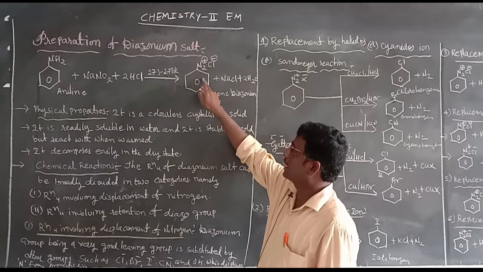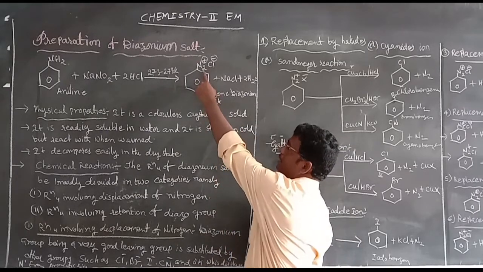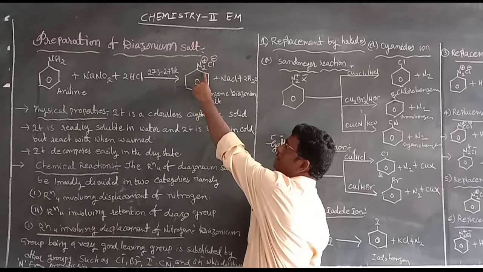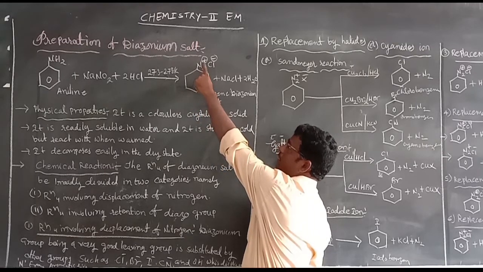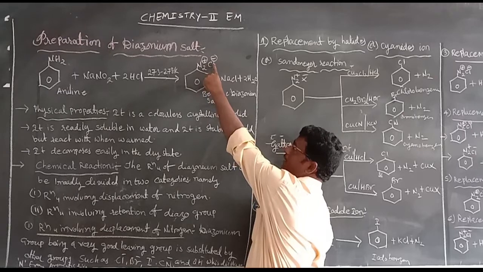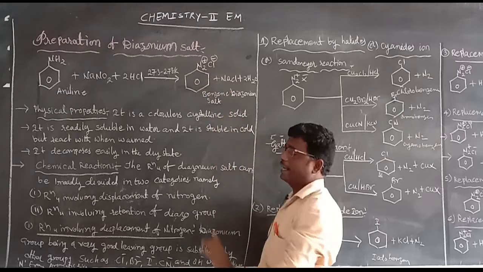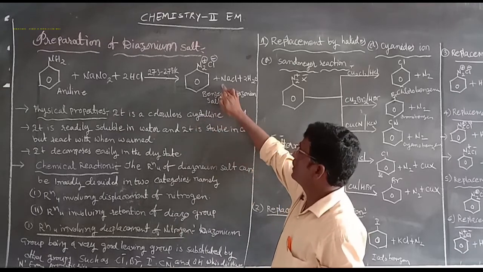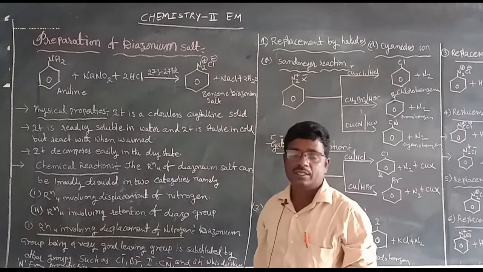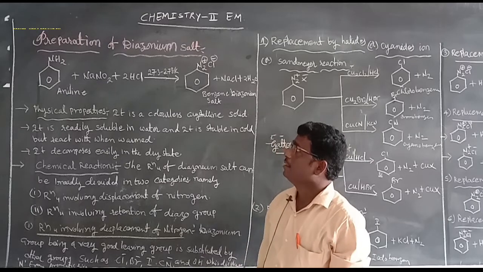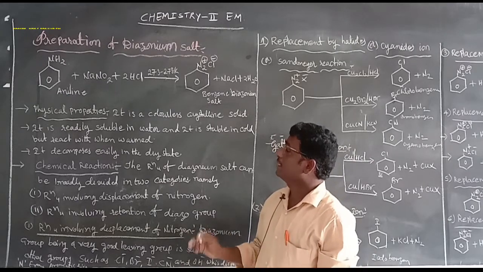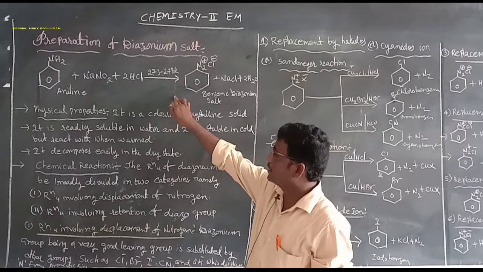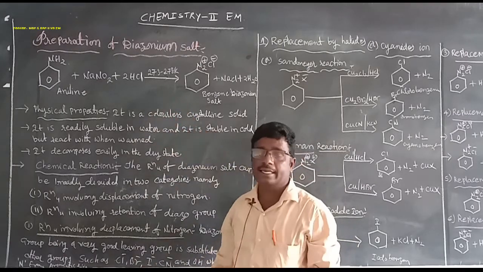Benzene diazonium chloride is the benzene ring bonded with N2+ Cl-. It is also called benzene diazonium chloride or benzene diazonium salt, plus NaCl plus 2H2O. That is the preparation of benzene diazonium chloride, or the diazonium salt. This reaction is also called the